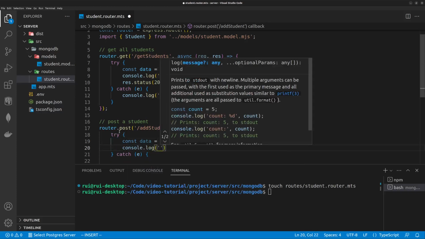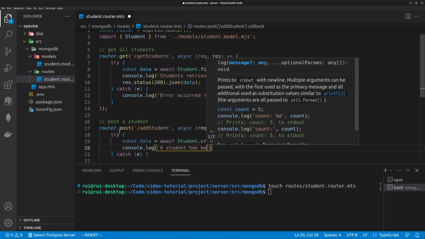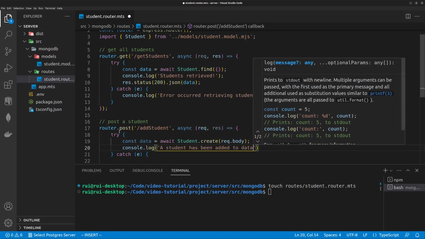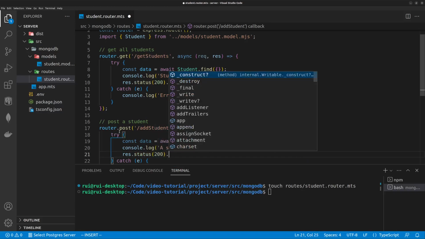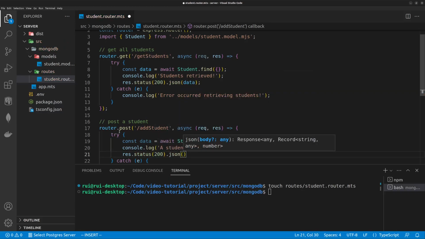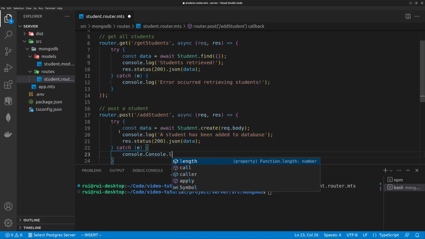Log a student has been added to database. And response status success. And you can just send the data back. Whatever you created, just send it back to the caller. It's the convention. Yeah. If something goes wrong, console log